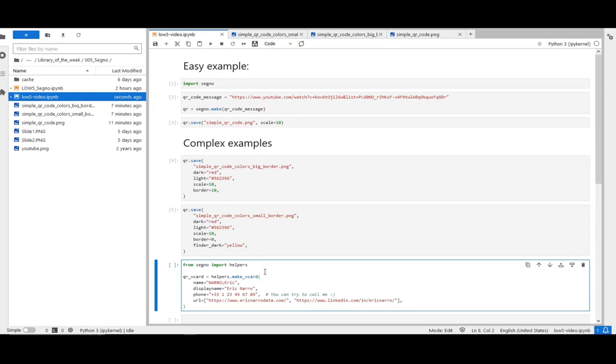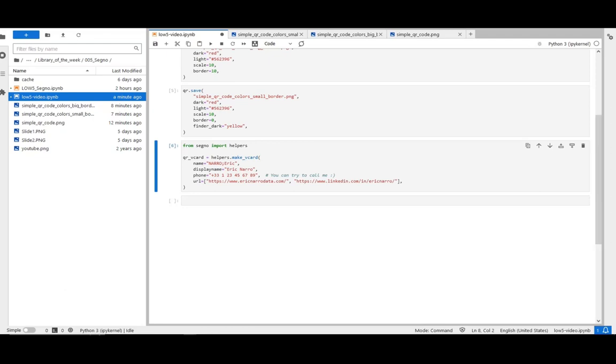A vCard, in case you don't know, stands for virtual card, and when you scan it, as you can see here, I have my name, the displayed name, the phone. This is obviously a fake phone. This is why I put you can try to call me, and you can put the URLs, you can put emails, basically all the contact information, and when someone scans this vCard, it can easily be stored in your phone. So let's see, we create it, and once again we have to use the save method